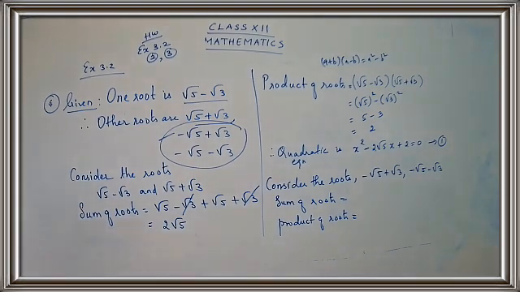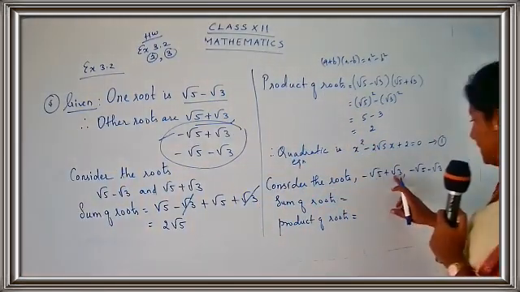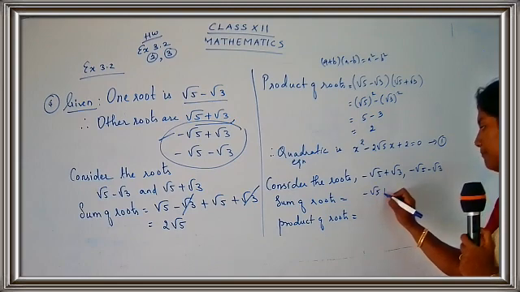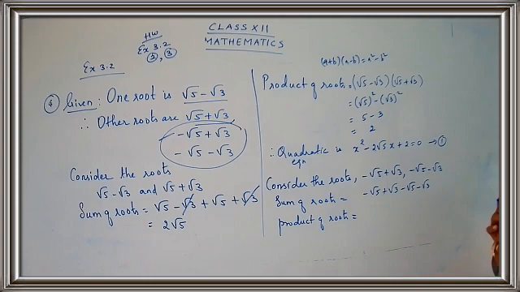What is the sum of roots you get here? Add. So when you add, which terms are same terms, children? Yeah, all the terms are same, but just see the signs also here. Minus root 5 plus root 3 minus root 5 minus root 3. Because we are going to do the sum, so when you do the sum, no need of changing the sign. No need to worry about the sign.